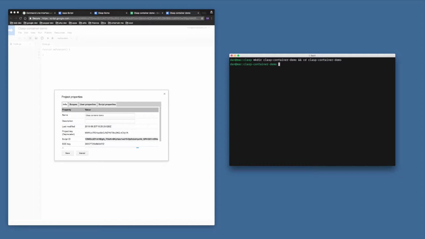Once we're in the new folder, we're going to use Clasp's clone command and give it the script ID. Sweet, and it's as easy as that. So now we've covered two ways of handling new projects or existing projects in Clasp. What we're now going to do is continue on from this Clasp container demo and use that to run through